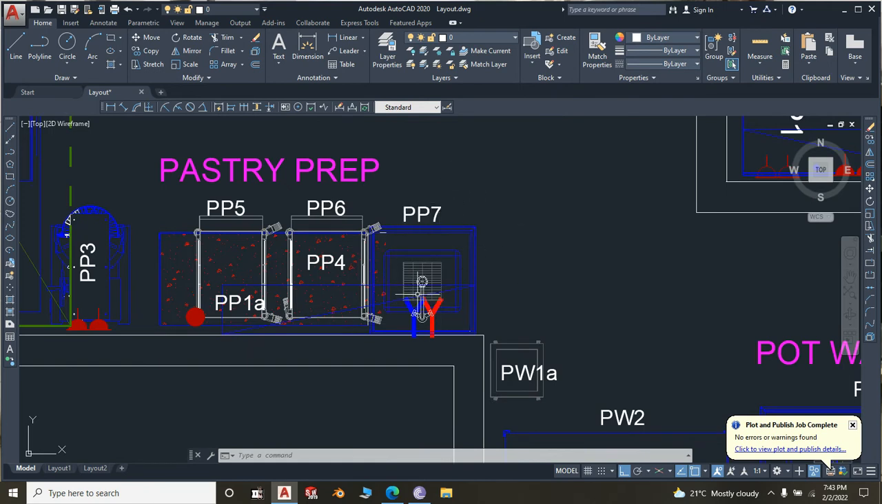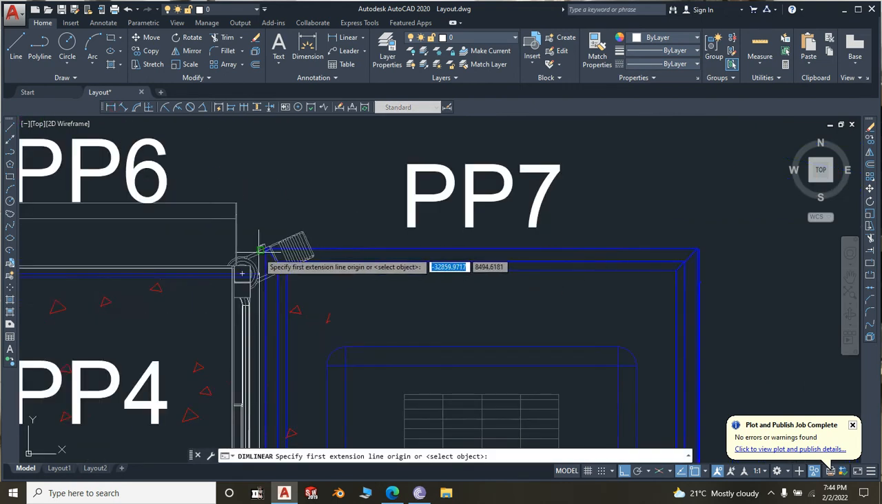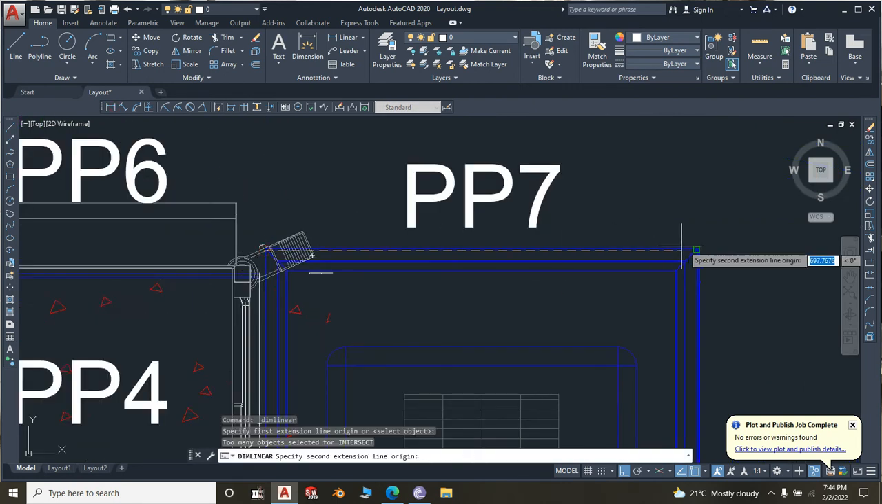Again, it is also recommended for you to have a small sink, depending on the size of the pastry area. So here we did a small single bowl sink. The size of it is about